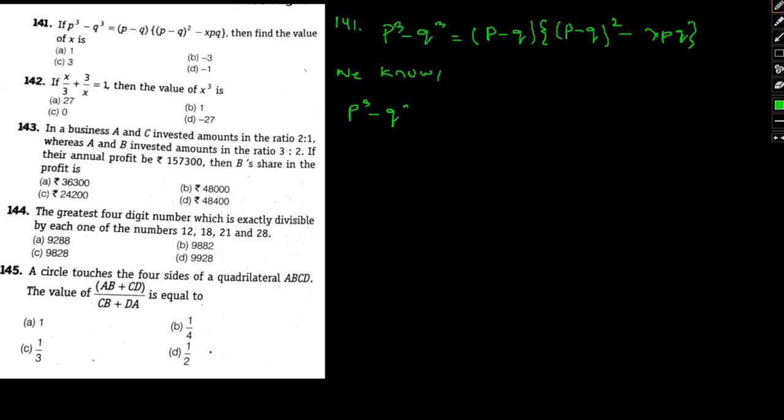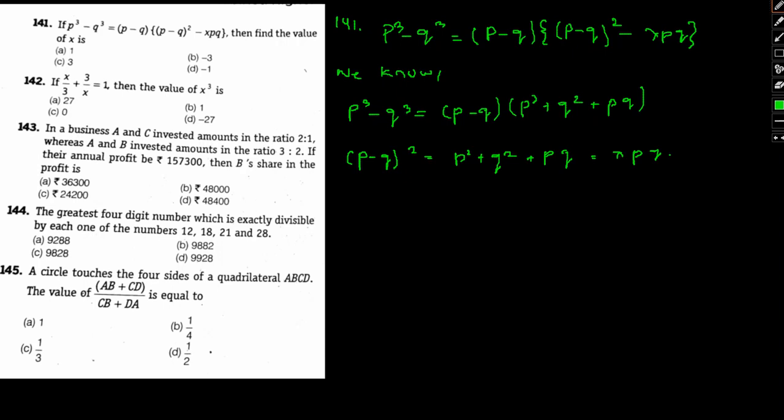p cube minus q cube can be written as p minus q into p square plus q square plus pq. We can write it this way, and also what we can write here is that p minus q whole square can be written as p square plus q square plus pq, minus x pq. Okay, so therefore what we can further write here,